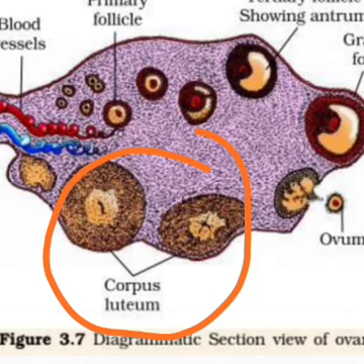Again, this corpus luteum is very important, because it is this corpus luteum that secretes another female hormone called progesterone, which is responsible for maintaining the endometrium lining of the uterus and helps in the implantation of zygote. But in case there is no fertilization, then no implantation, so in that condition this corpus luteum will degenerate,